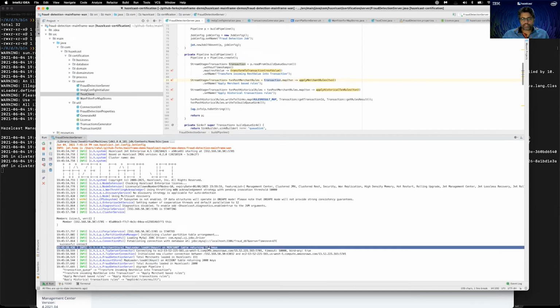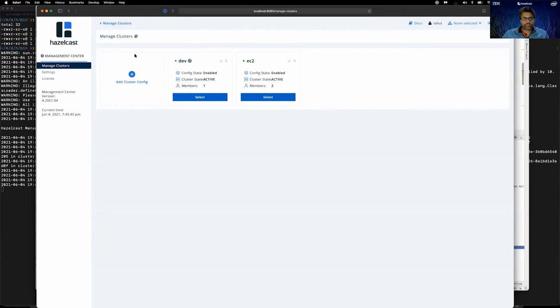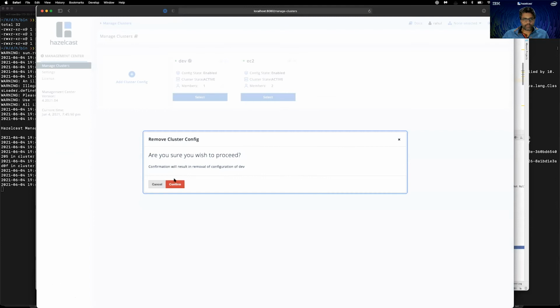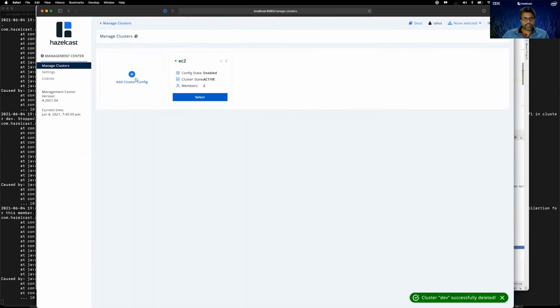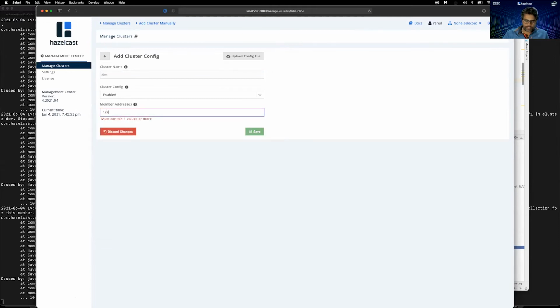Now let's see this in action on Management Center. So we go back to Management Center, the browser, and we go into the cluster. Let me just kill this configuration, and we go to add cluster config. We put in dev, we put in 127.0.0.1, which is my localhost, and we save it.